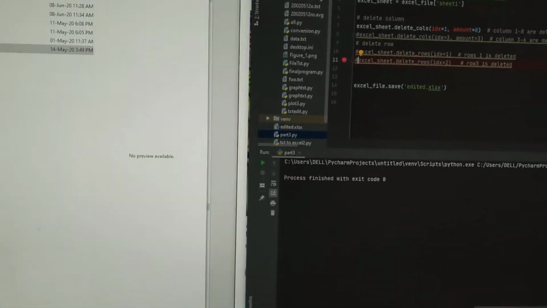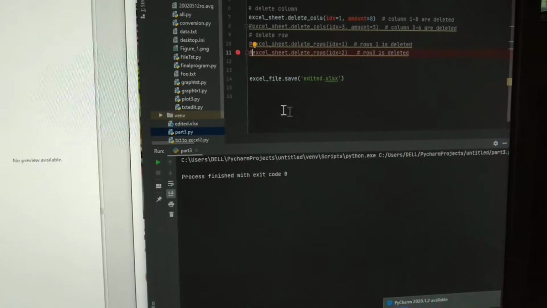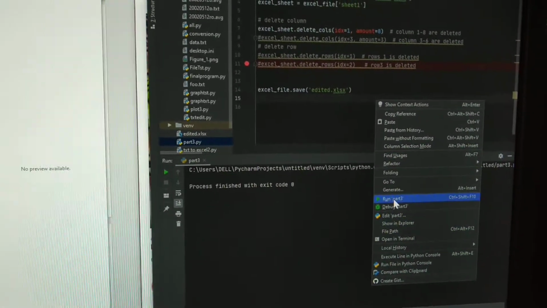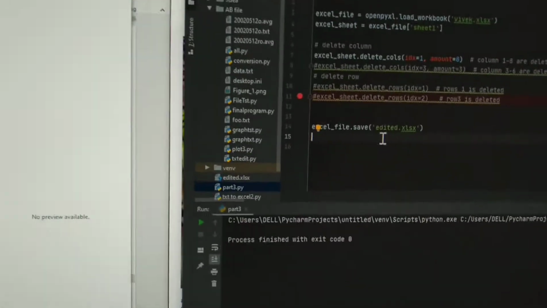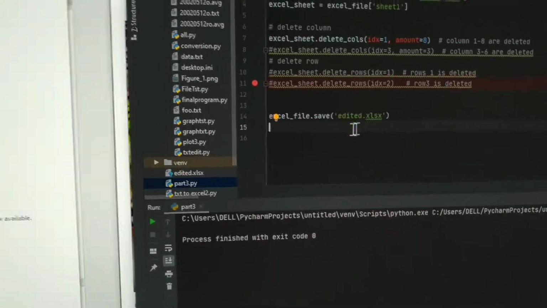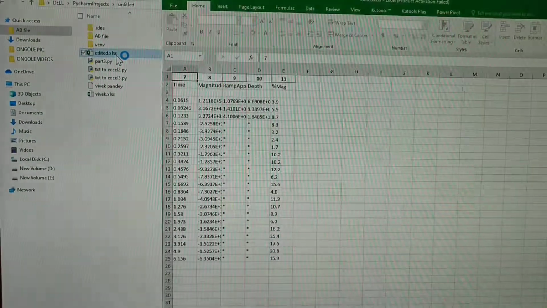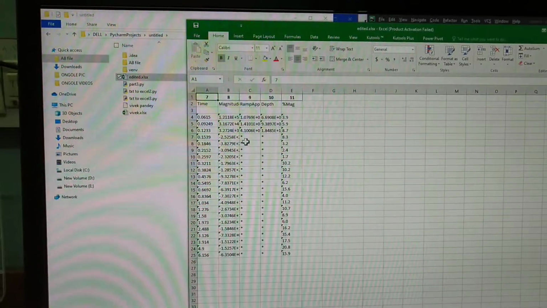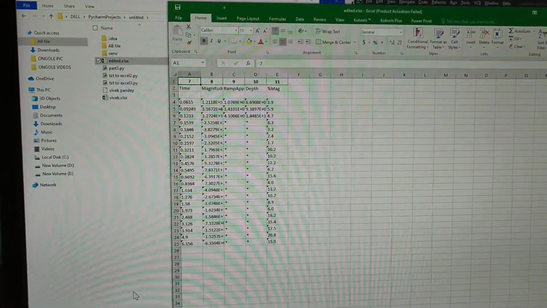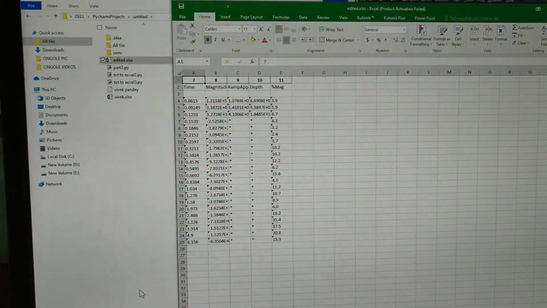Now if I run this program, I will get the file named edited.xlsx. In this edited.xlsx I'll get it like this, because columns 1 to 8 are deleted, and the last 3 columns are still there.